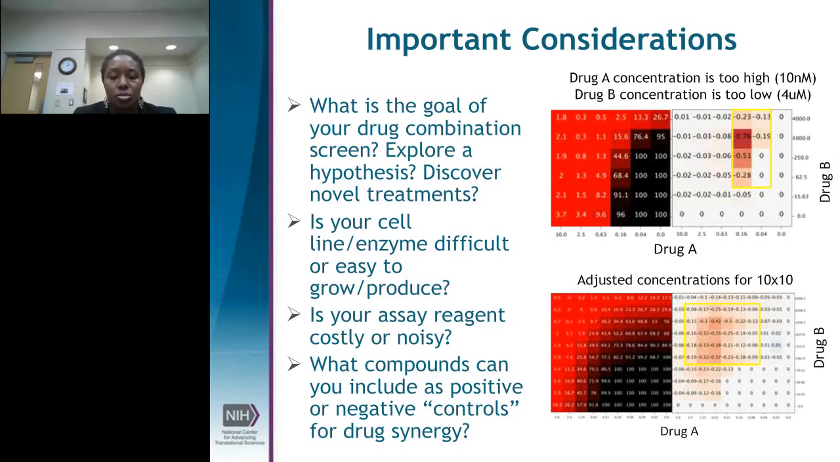Are there two compounds that in the literature have been shown to combine to get the outcome that you're looking for? If you can include those in your list of compounds for screening, then that will really help you see if the assay is working how you expect, or if it's replicating previously published data. And the really big thing that is also important for setting this up is making sure that your concentration